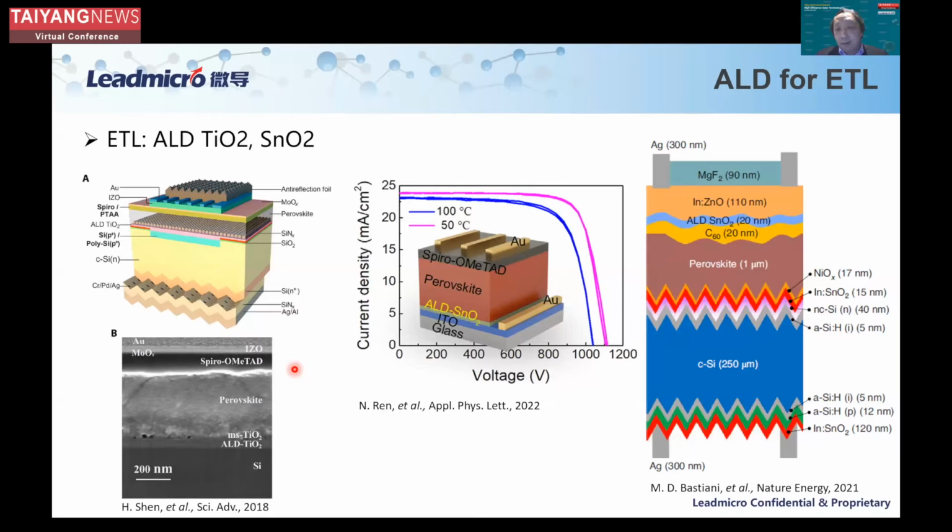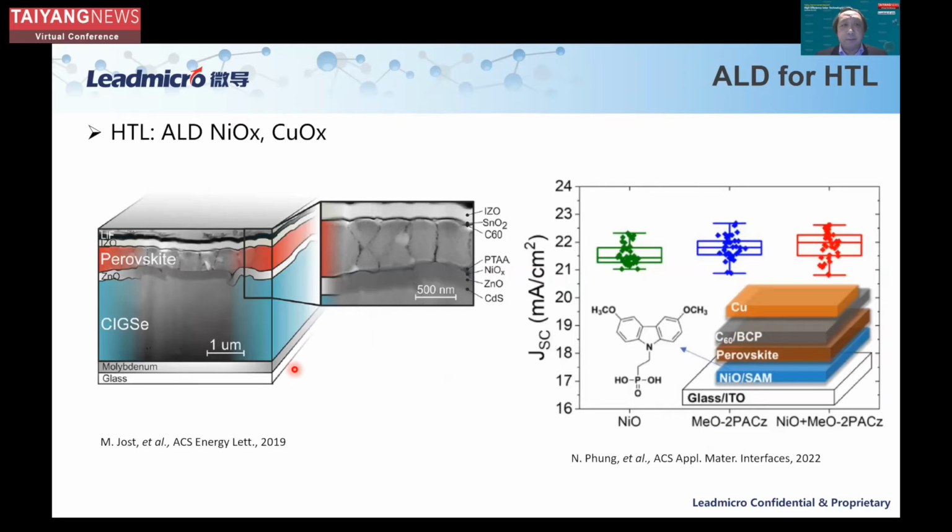Here I just also, this is somewhat a little bit repeated, but anyway, there are many groups studying. I think ALD has very good applications, for example, for electron and hole transfer layers. Here are examples on the hole transfer layer. One of the details is that, for example, to develop ALD nickel oxide or cobalt oxide, the precursor is still